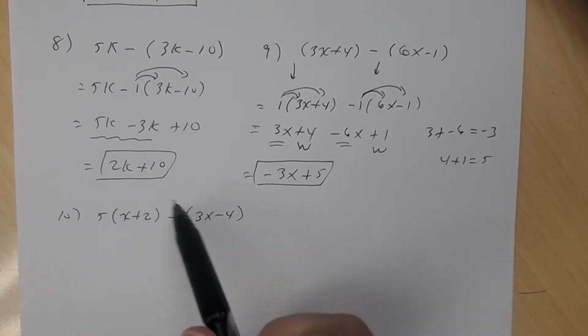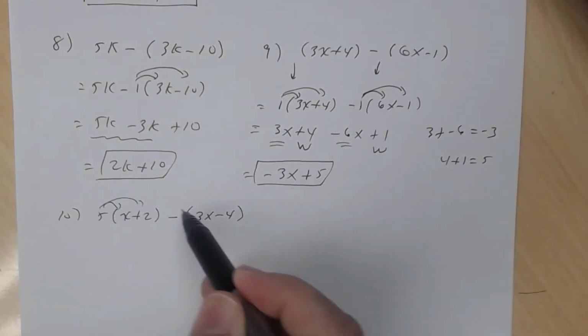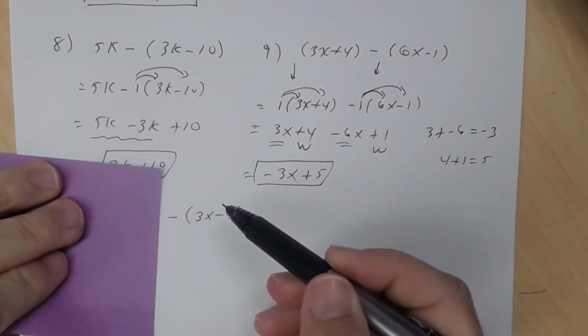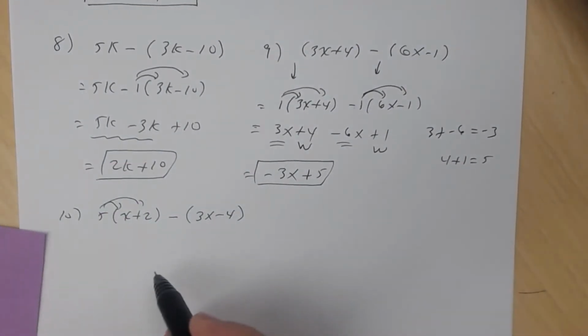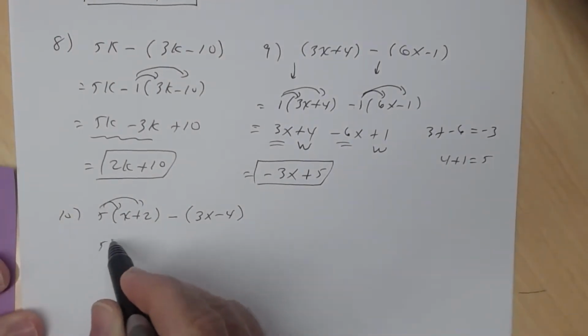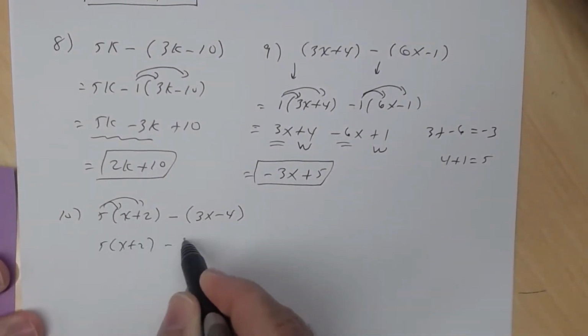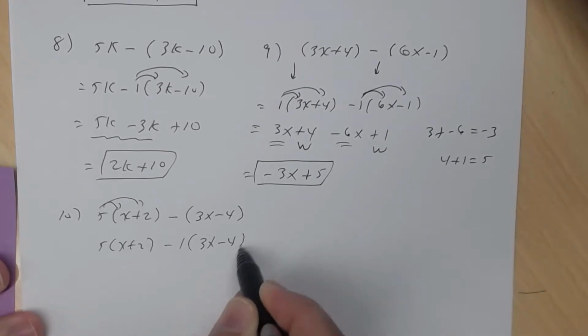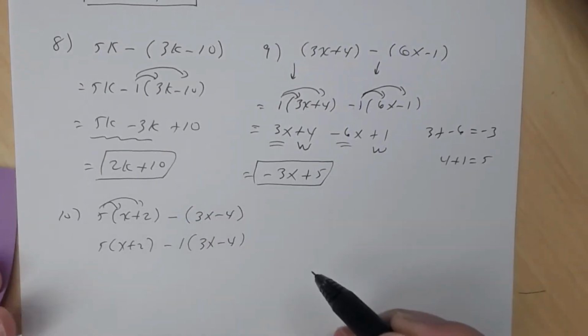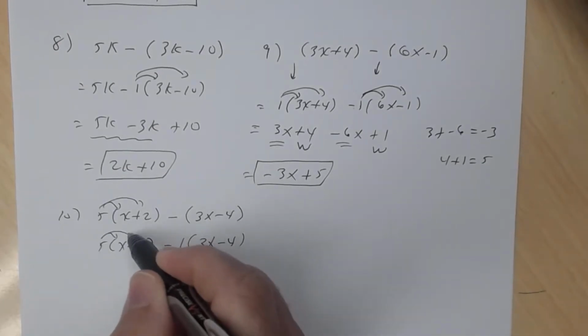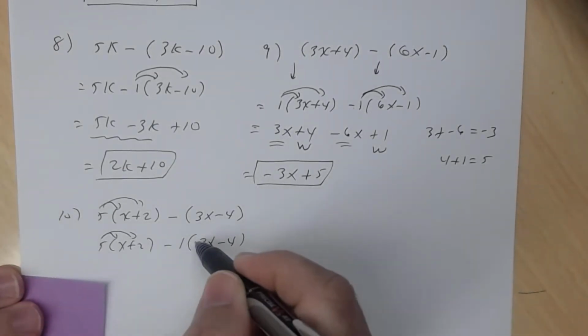It's not a 1. So I'm going to distribute the 5. And over here, again, if you cover this part up, this set of parentheses, you're going to distribute the negative 1. So I'm going to go ahead and rewrite this first, just to remind you. Now you could have skipped this step, and you could have automatically put a 1 right here and distribute. It does not matter. So you're going to distribute a 5 through here, and over here you're going to distribute